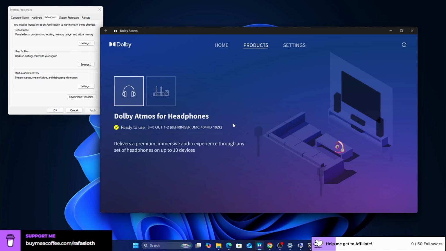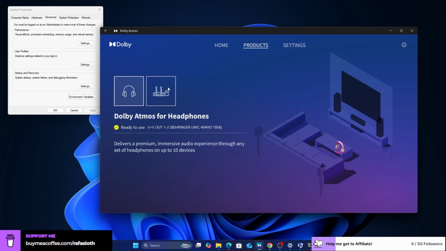The way I fake having a surround system or immersive audio at all in this computer is I paid for Dolby Access, which gives me simulated Dolby Atmos in my computer.